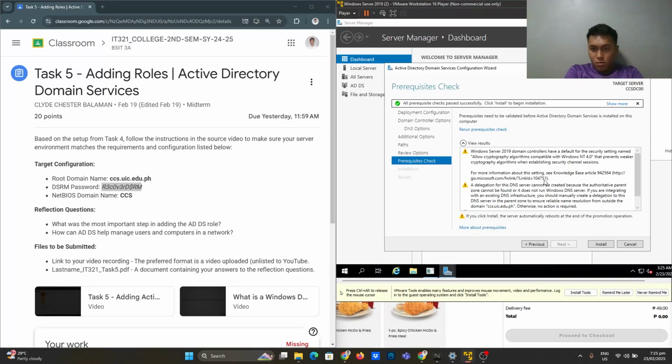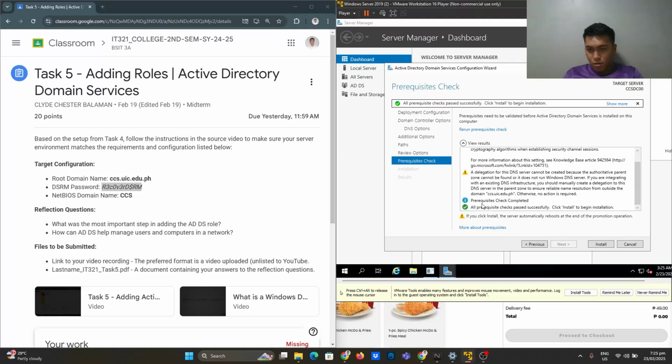As you can see, there are some warnings, but all prerequisite checks passed successfully. If you do a prerequisite check, make sure that all the prerequisites are passed.